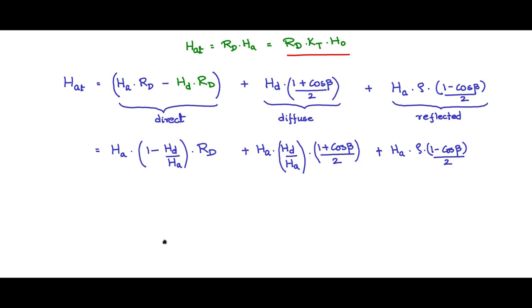I can take out HA as a common factor and say HA into RT. Now where this RT is the overall tilt factor, taking everything into consideration, and HD by HA, the ratio of the diffuse to the energy with atmospheric effects on the horizontal surface, is again an uncertain thing, and it is also a Kerfit equation,